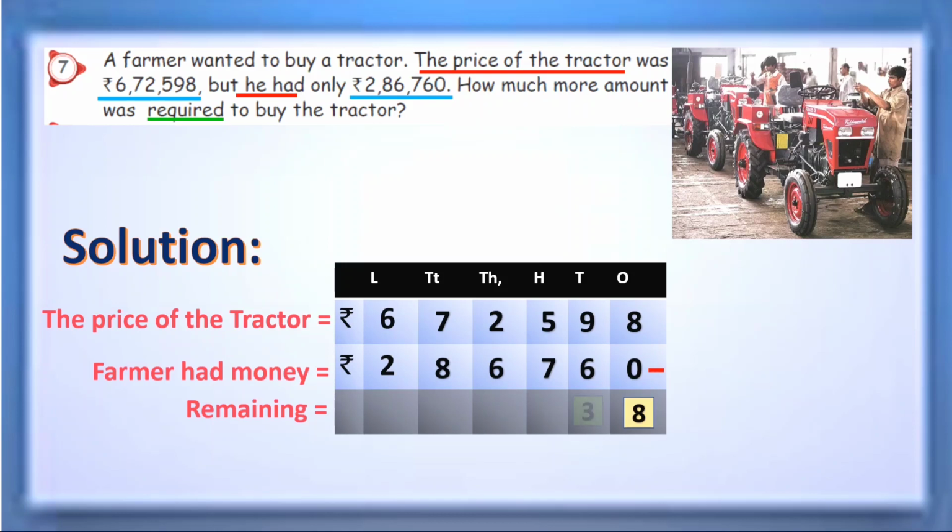So 8 minus 0, 8. And in tens place, 9 minus 6, 3. Here 5 is not enough to do the subtraction of 7. So cancel that 5 and get the support from 1000 and mention it 1 and give that 1 to 100. Okay. That 1000 now convert into 10 hundreds. So already we have 500, isn't it? So 10 plus 5, 1500 mark. Don't get confused. For our convenience, we just mention 1, 2 like that. So now 15 minus 7, 8 will be the answer.